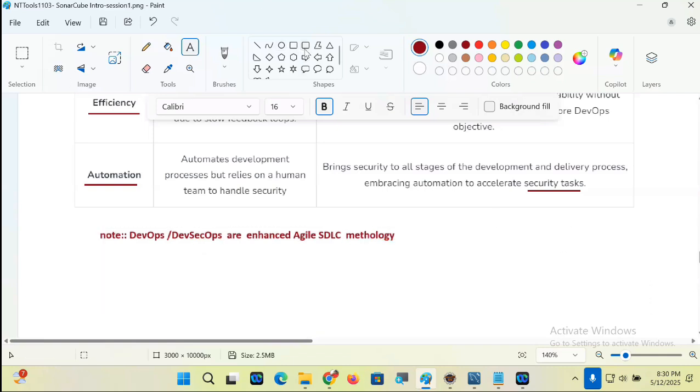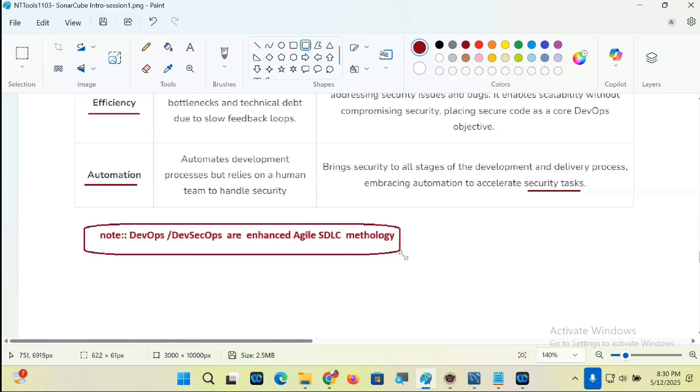Are you getting my point, my dear? Yes. DevOps, DevSecOps are enhanced Agile SDLC methodology. I hope you are convinced, my dear. Come on, everyone. Super, guys.